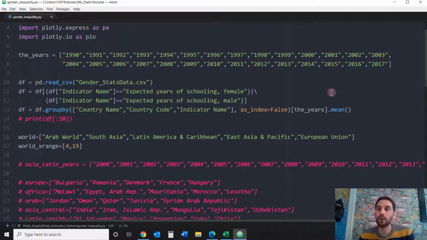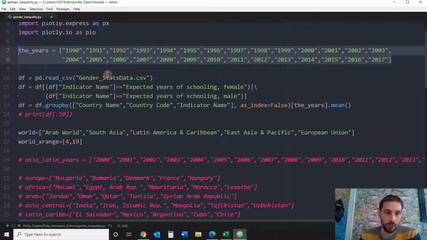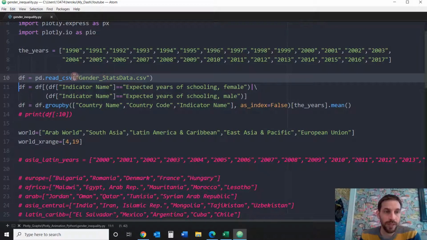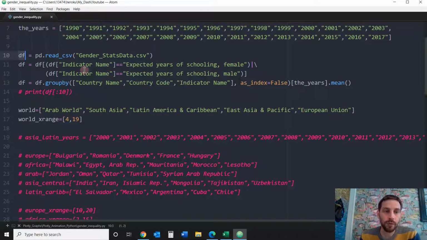All right, so the first thing we're going to do is create a list of years from 1990 to 2017, because we'll use that later. And then we're going to import into a Pandas data frame the Excel sheet, the gender stats. And then we're going to do our first filtering stage. From the indicator name column, we're only going to take those rows with the values of expected years of schooling, female, and the same thing for male, because we do not want other rows or other values. So only these 2